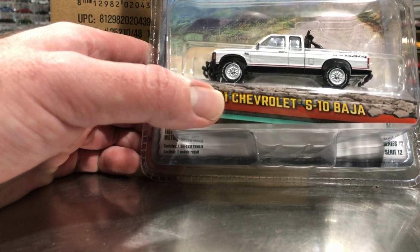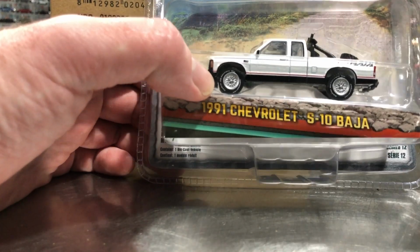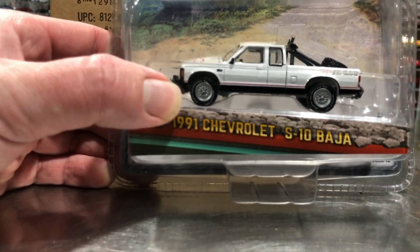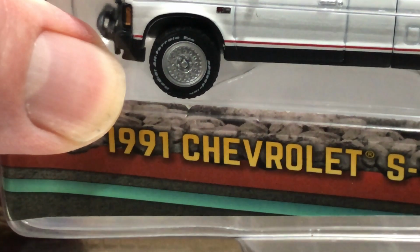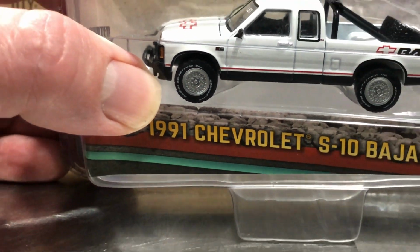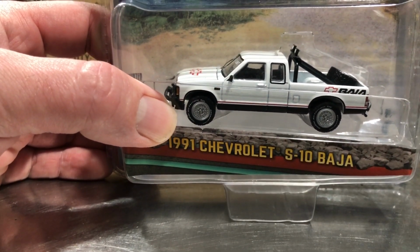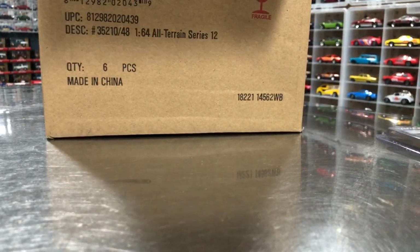I don't see any major quality control issues other than the fact that anytime Greenlight prints anything on wheels, there's a chance of an issue. And yeah, it's not real centered there on the printing. So that looks a little goofy. Other than that, this model looks pretty good. All right. Next up